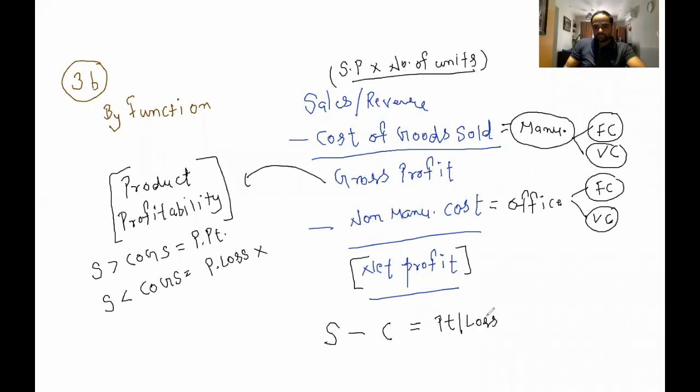or break even, right? Cost means cost of goods sold and non-manufacturing. So manufacturing cost and non-manufacturing cost is the total cost. So sales minus total cost is net profit, right? Profit means, of course,